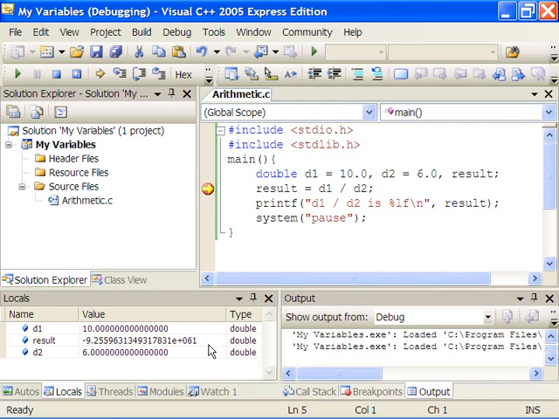and we'll see that result has this huge piece of garbage in it. D1 has 10.0, D2 has 6.0, and now when we execute that one line of code, result has 1.666667. So there's a limited amount of accuracy in our variables. This is in fact an approximation of 1 2/3, but it's a digital approximation, and we lose the accuracy about here. And when we print that out,